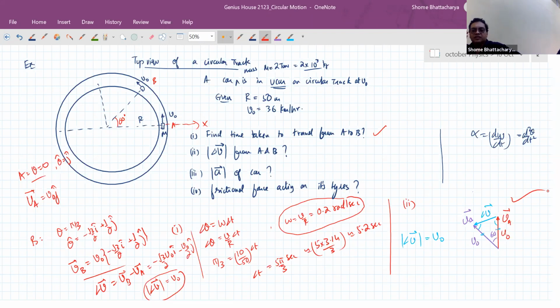Similarly, suppose instead of 60, it reached the 90 position, then it would have been 2V sine 45. Remember that isosceles triangle formula? If vector A has equal magnitude to vector B and the angle is theta, then A minus B has a magnitude of 2A sine theta by 2, and A plus B has a magnitude of 2A cos theta by 2. Now the vector parallelogram becomes a rhombus. So you have those special properties of the rhombus: diagonals are perpendicular to each other, and the diagonals are angular bisectors.